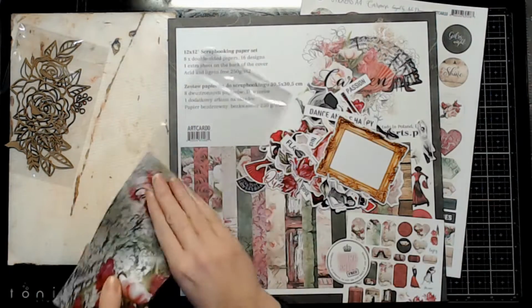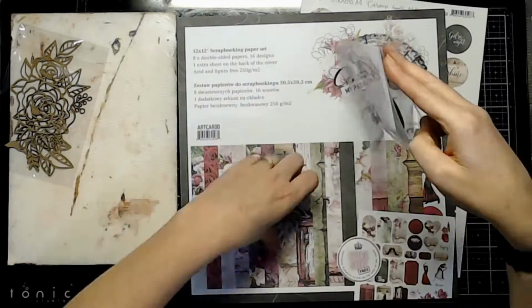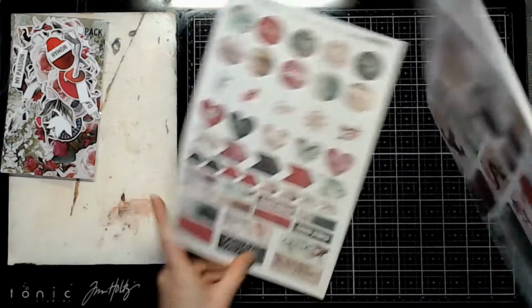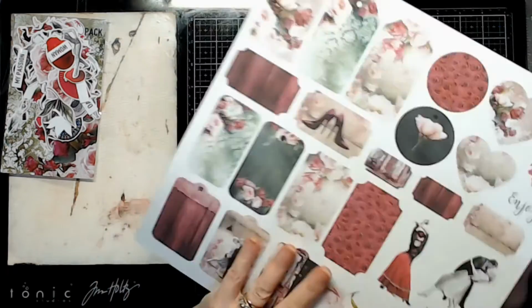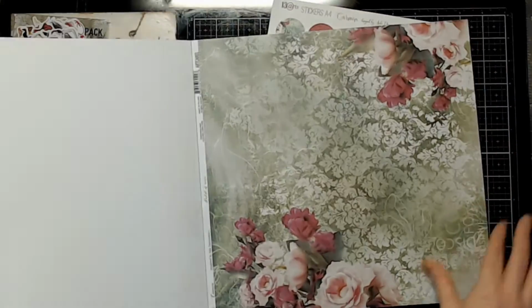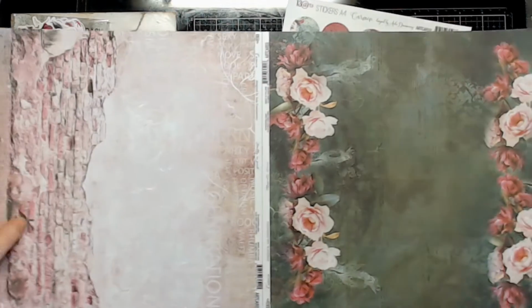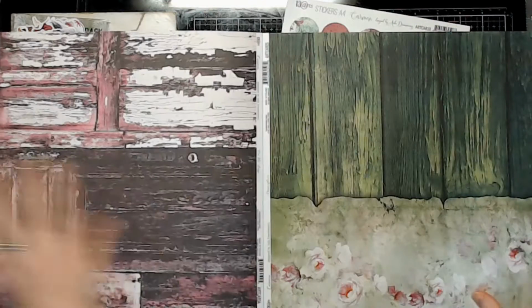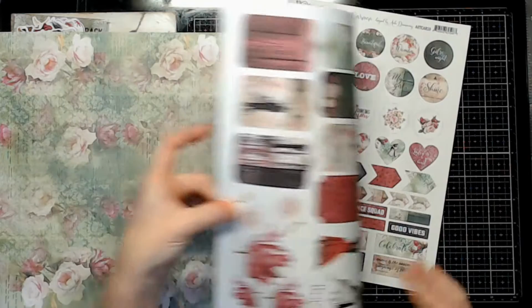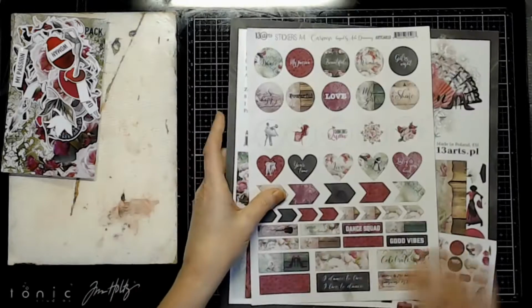There's the 12 by 12 paper stack, and there is a sticker sheet. I used a few of these stickers in the journal, and some I just added into the little pockets for future use. And I really love the colors in this paper pack. I like that brighter pink next to the greens, and I do actually end up using every sheet making my journal, plus quite a few things from my stash: fabric, tea-dyed papers, things like that,